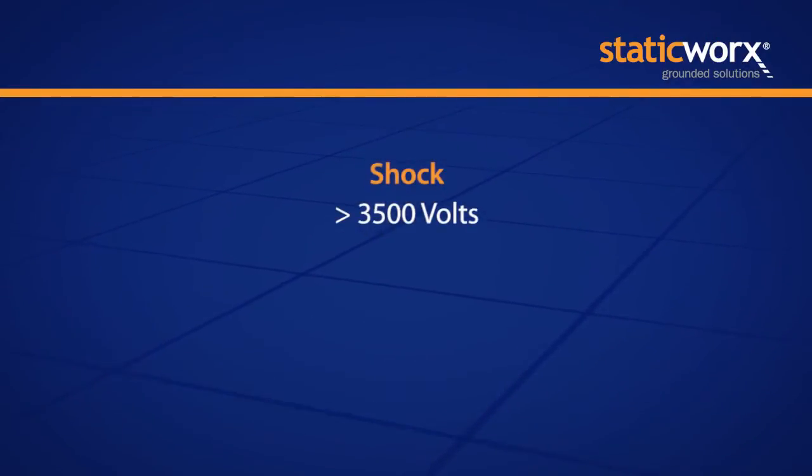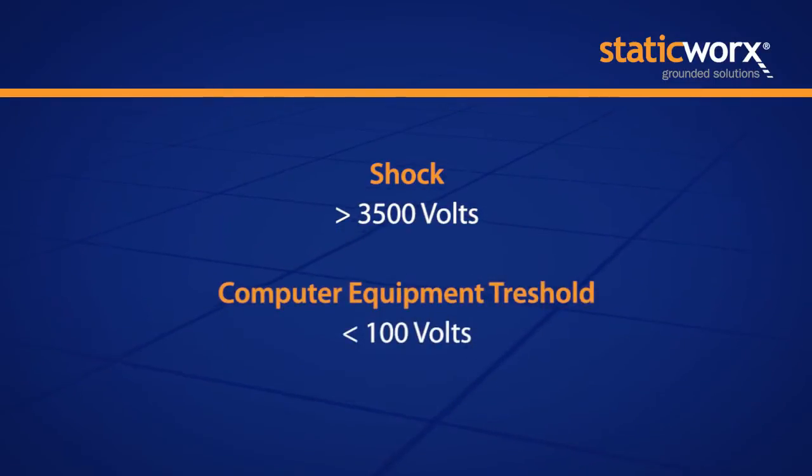Unfortunately, what we've learned since then is that when a person feels a shock, it requires 3,500 to 4,000 volts. Computer parts are sensitive to 30, 40, 50, under 100 volts of static electricity. So today, when we look at computer-grade carpet, we actually look at it as totally ineffective because all it really should be called is shock-free carpet. You won't get hurt when you're walking on the floor.